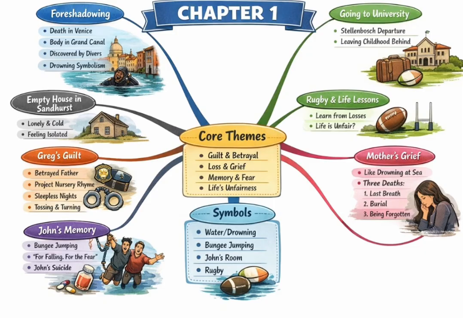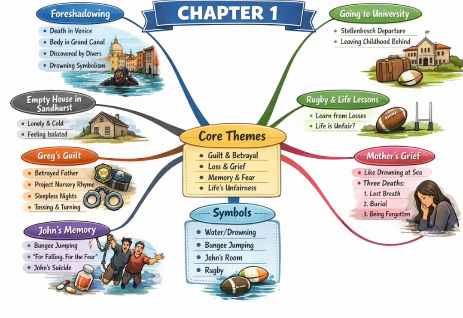And then, right after that very public tragedy in Venice, we're pulled into this hyper-private world. We shift completely, geographically and emotionally, to Greg's home in Sandhurst. The analysis says the house feels empty and emotionally heavy. That's the author linking the external world to the character's internal reality. The atmosphere of that house, the emptiness, the silence, is a direct mirror of Greg's own internal state. The setting makes his turmoil feel tangible.